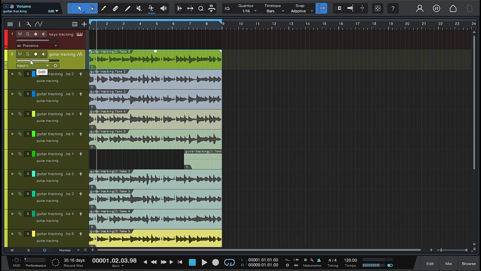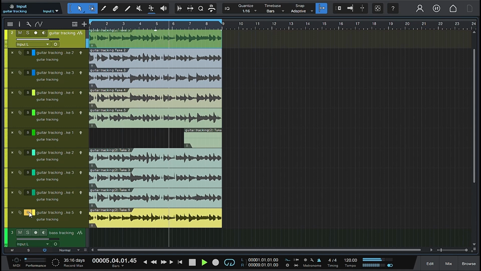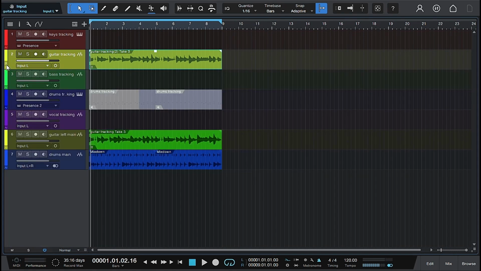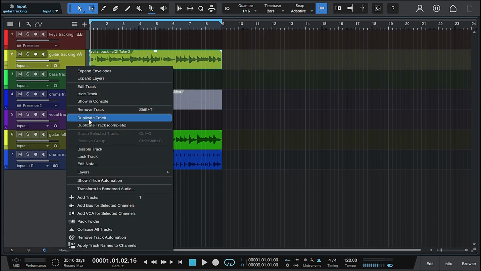Okay, and just like the last time, we're going to go ahead and go through each of those takes and see which one's the best and make a guitar main track. Okay, I actually like number 5 again. It must be a lucky number today for me. So since I've already selected it and it's already up here, we're going to hit these 3 lines again. We are going to duplicate that track again, right click, duplicate track,